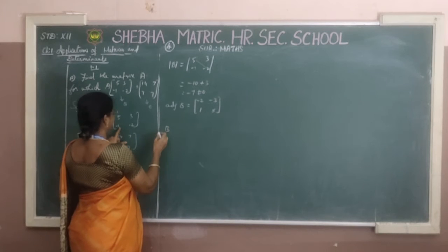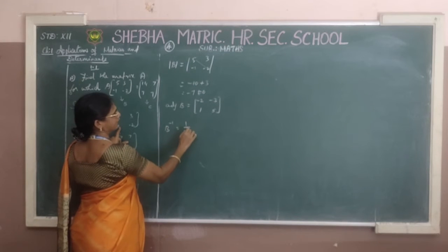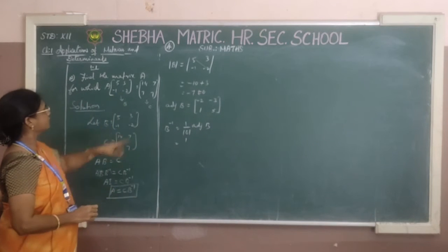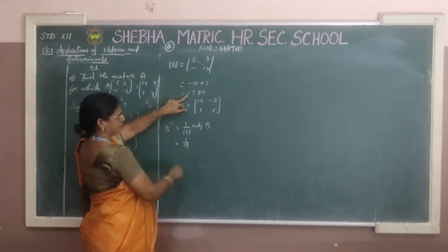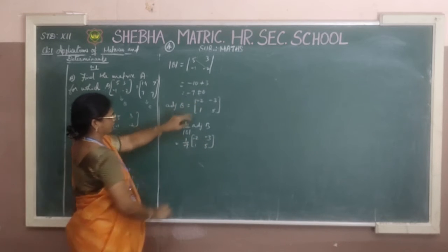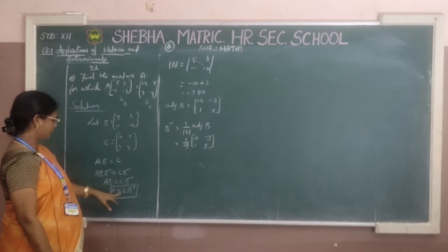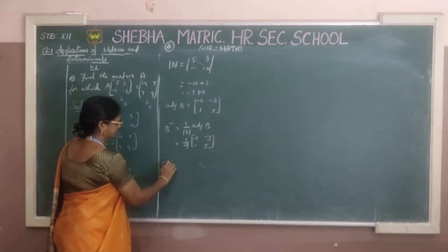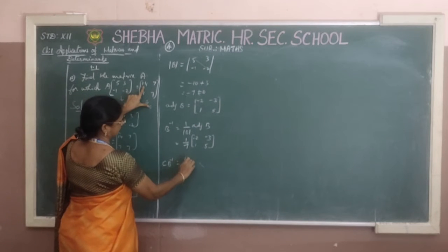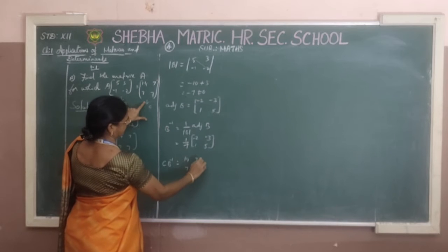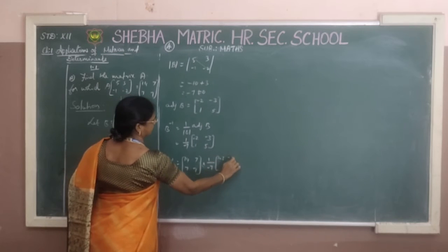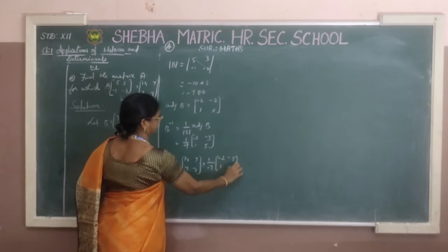And we know one formula, B inverse is equal to 1 by determinant B into adjoint of B. 1 by determinant B value is what? Minus 7, and adjoint of B is this, minus 2, minus 3, 1, 5. Substituting these two, we get B inverse is this. Next, you have to find C into B inverse. What is C? C is this. Write C first, 14, 7, 7, 7, and into 1 by minus 7 into minus 2, minus 3, 1, 5. This is our B inverse.